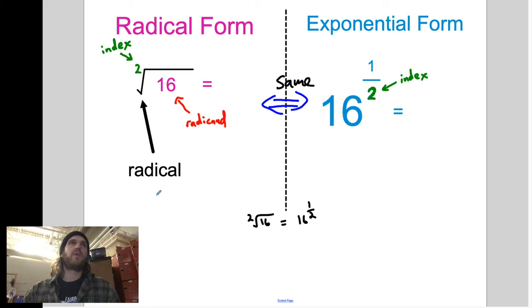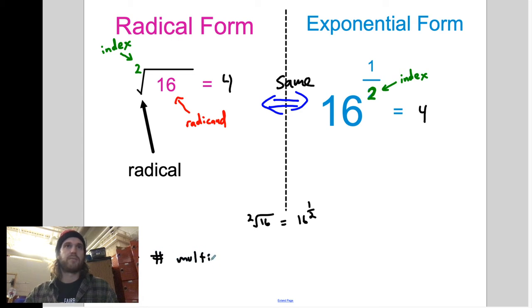All right. And you guys know that the square root of 16 is 4, so that means that 16 to the 1/2 is also 4 because they're the same. It turns out that these two things ask the same question, and that question is,